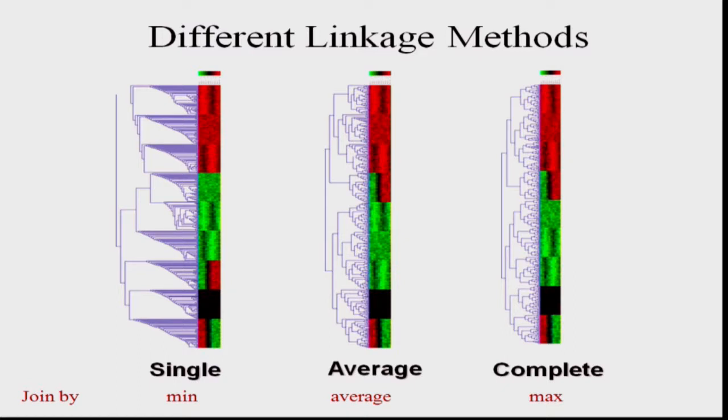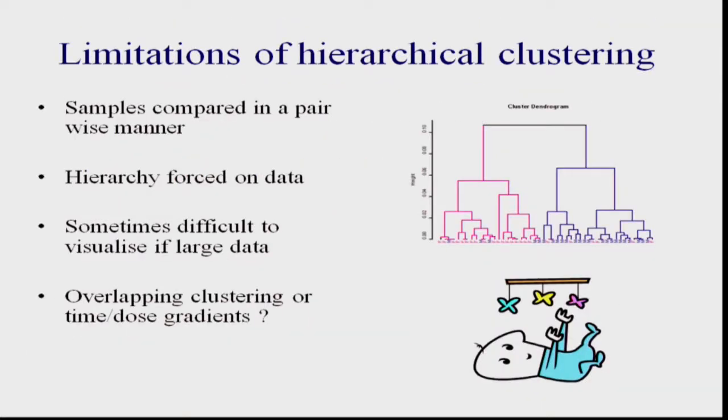But this is like a really easy case of clustering as well. So hierarchical clustering forces a hierarchy on the data. If you throw data at hierarchical clustering, it will form clusters. So the fact that you get 2 clusters or 3 clusters, that's its job. It will find clusters. It will compare samples in a pairwise manner, and sometimes it can be difficult